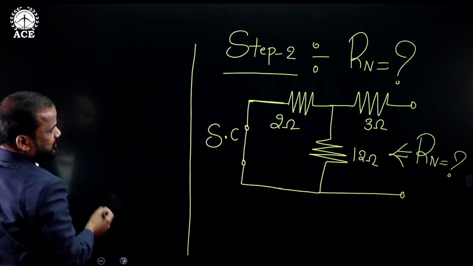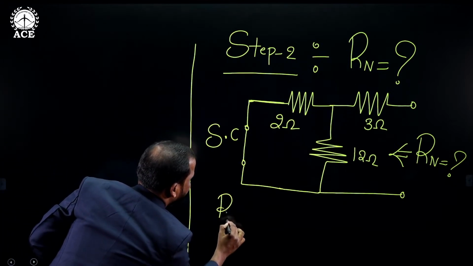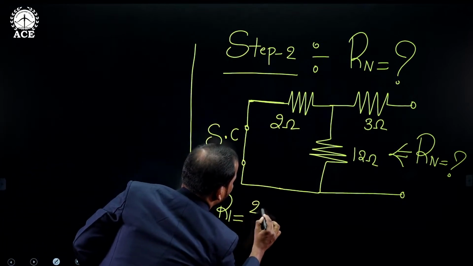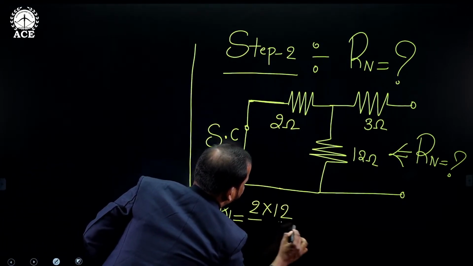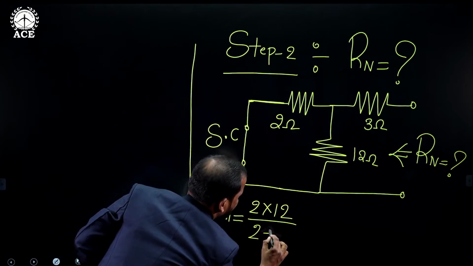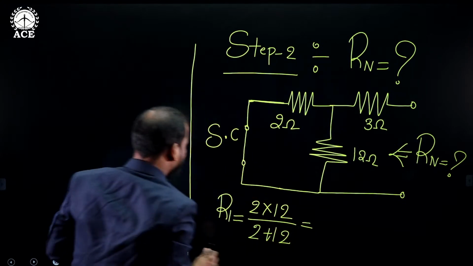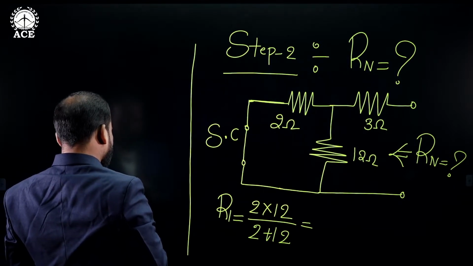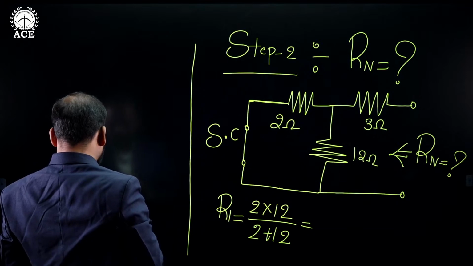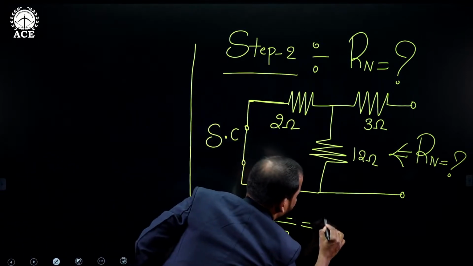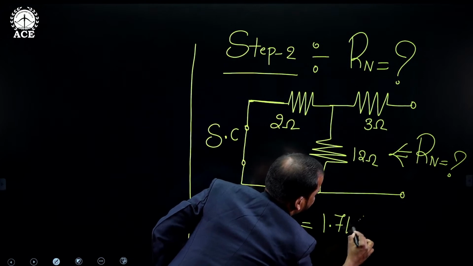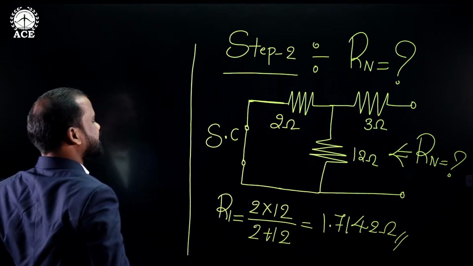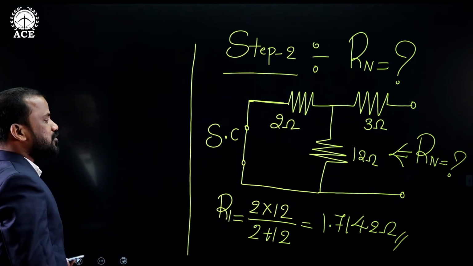I am giving the name of the equivalent resistance of the parallel combination of 2 and 12: that is 2 into 12, product of the two resistances divided by addition of the two resistances, is equal to 24 divided by 14, which gives 1.7142 ohms. Everyone must carry the scientific calculator